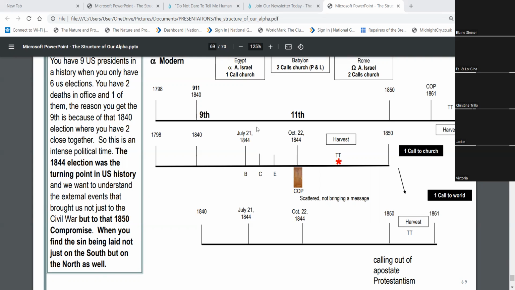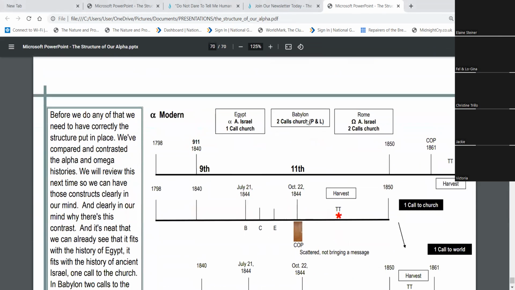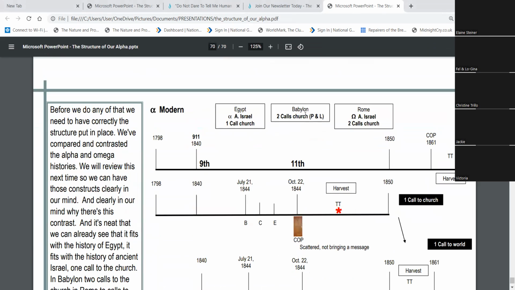We want to understand the external events that brought us not just to the Civil War, but to that 1850 compromise, when you find the sin being laid not just on the South, but on the North as well. Before we do any of that, we need to have the structure put in place. We've compared and contrasted the Alpha and Omega histories. We'll review this next time so we can have those constructs clearly in our mind,